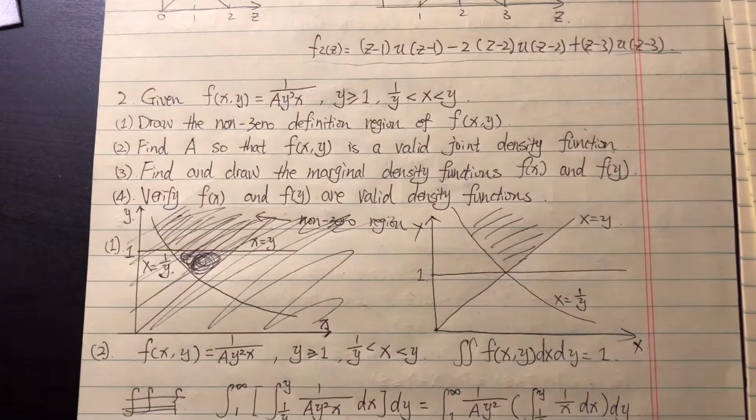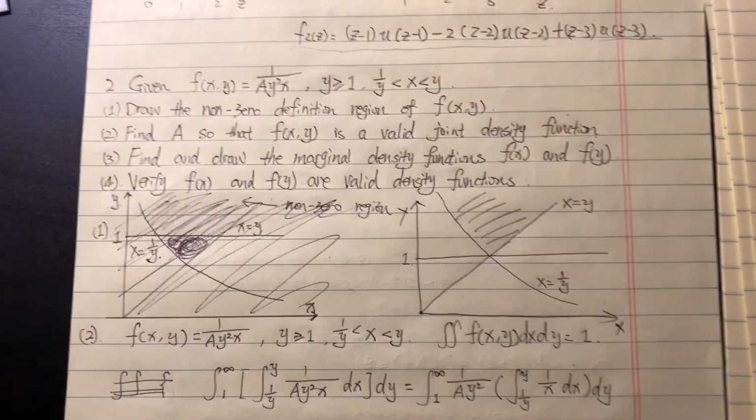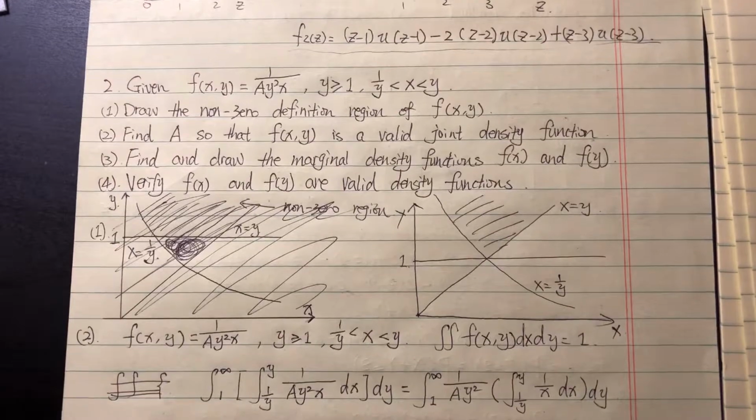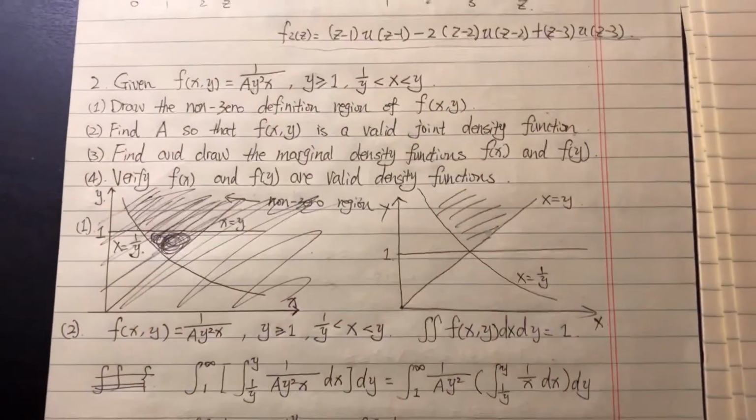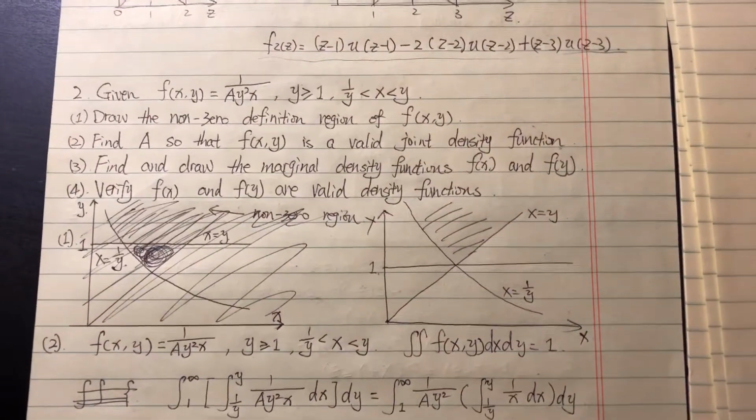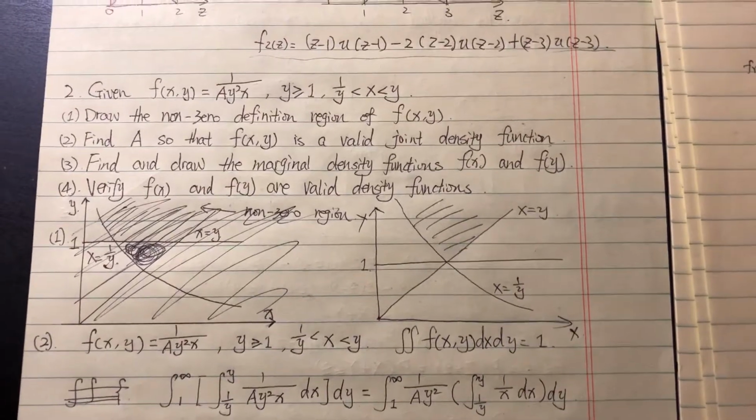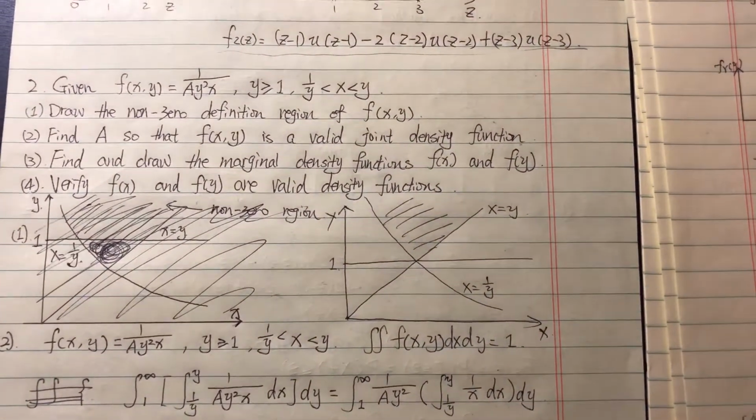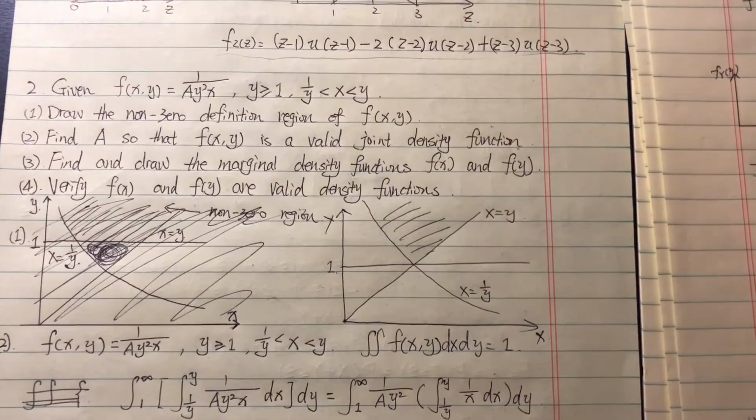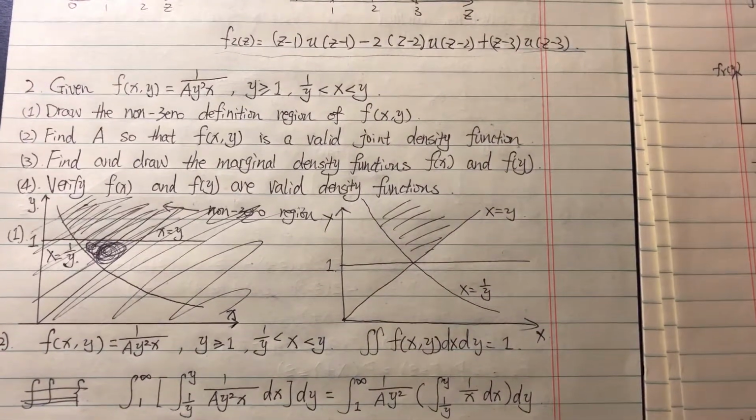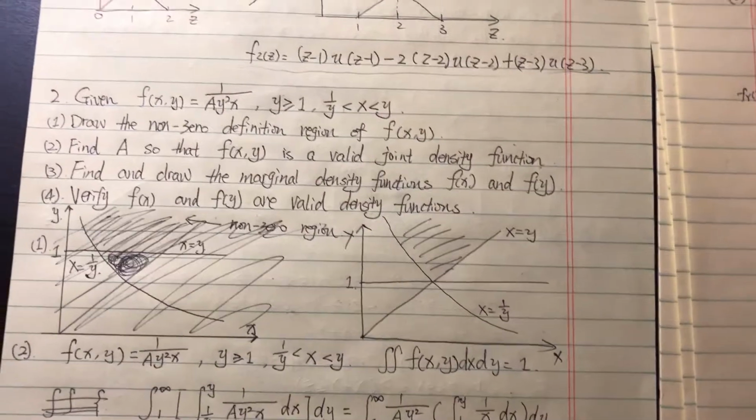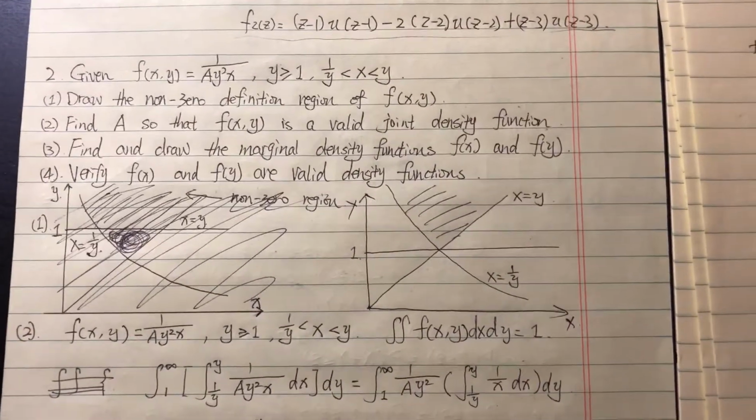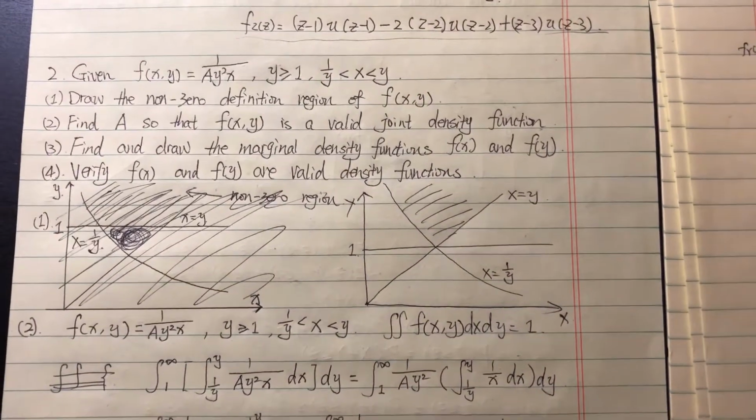This is homework 5, question 2. Question 2 asks: f(x,y) is equal to 1 over (a y squared x) when y is larger than or equal to 1 and x is larger than 1 over y and smaller than y. Sub-question 1 asks to draw the non-zero definition region of